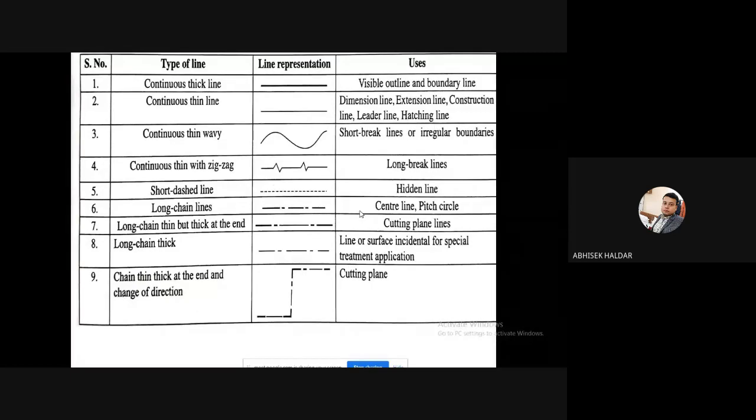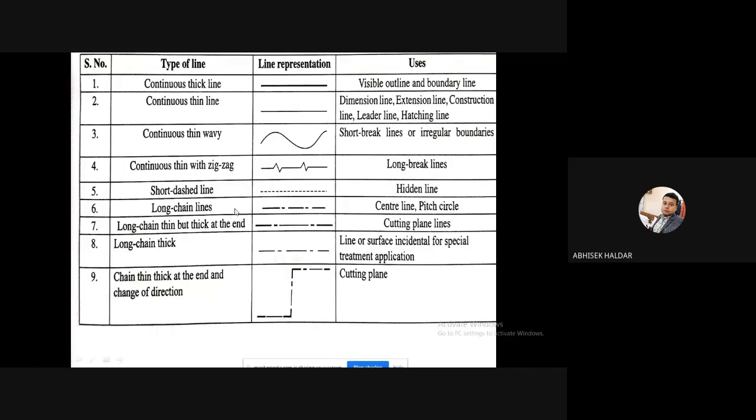I repeat, the center line is nothing but the axis of symmetry. With respect to that line, the object will be symmetric on both sides. For example, if I have a circle, two symmetry lines will be there, one horizontal and another vertical. So the circle is symmetric with respect to both center lines. The center line will be at the center, through the axis of that particular object.